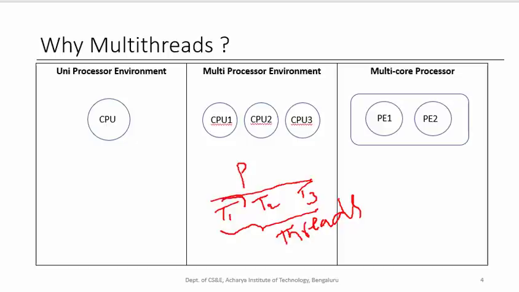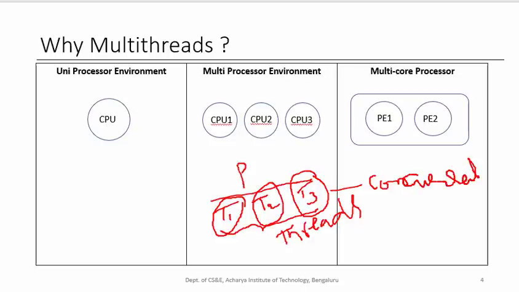That means threads T1, T2 and T3 can run concurrently, or independently,